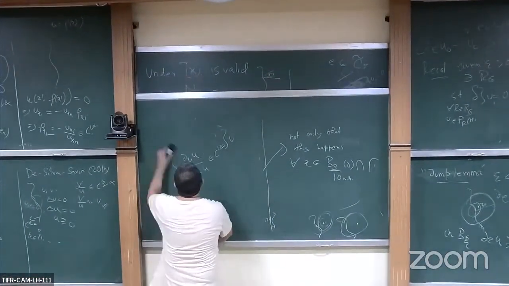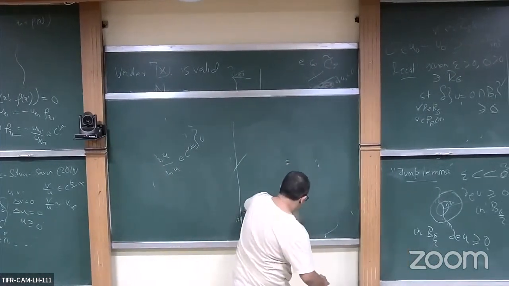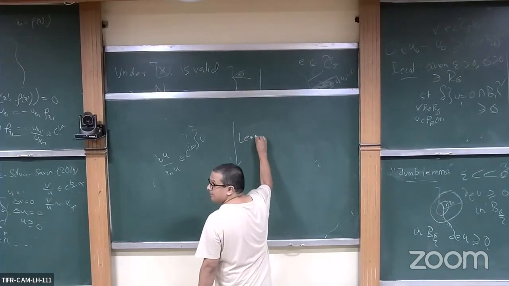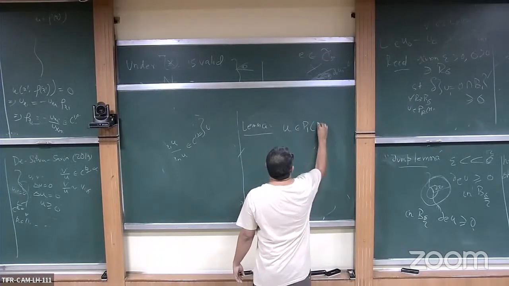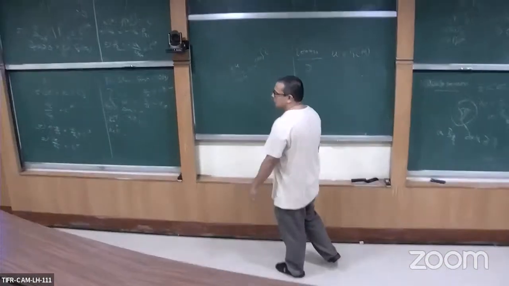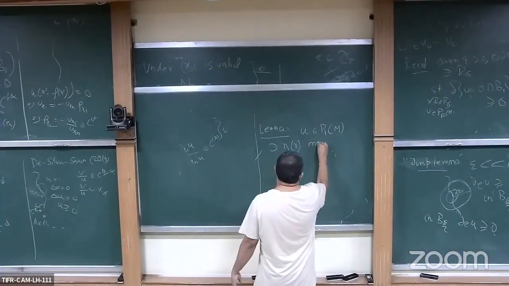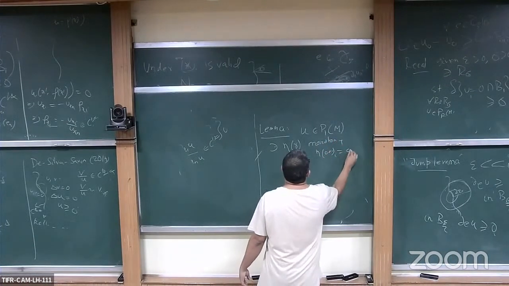Okay, so now let me just write it down, because at this point there is not much to do, but still it's good to write down. So now my lemma is the following. If U is in P1M, then there exists a modulus of continuity, which I denote eta R, monotone, with eta of 0 plus equal to 0, such